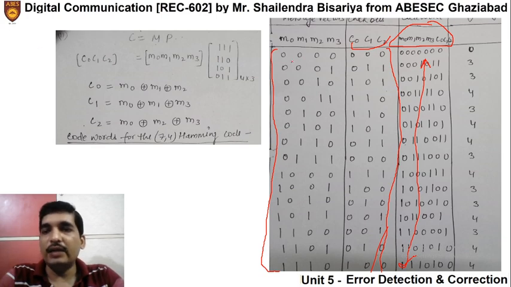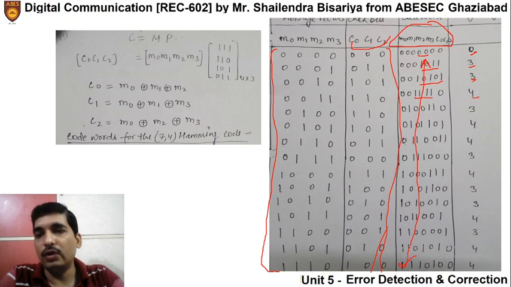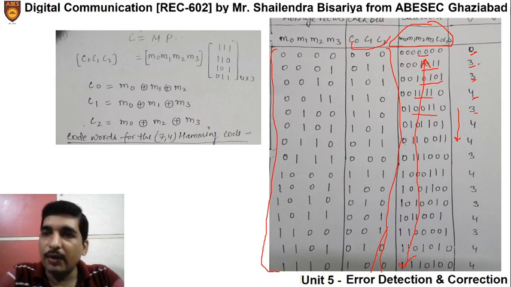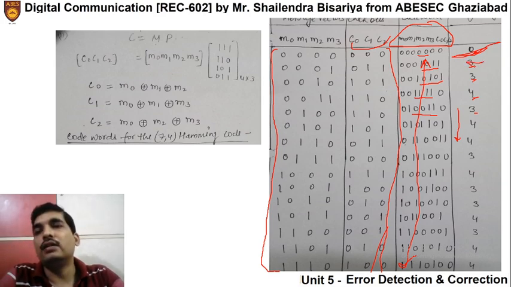Then what is the weight? We have already discussed what the Hamming weight is: the number of non-zero elements. So initially it is 0. Here 1011, so weight is 3. Here 1010 1, so weight is 3. Here weight is 1111, so weight is 4. Here 111, weight is 3. In a similar manner, you can find it for all the cases, and you can check the minimum weight obtained for non-zero elements is 3. Right? 3 it is many times. Minimum weight obtained is 3 and maximum weight is 4.